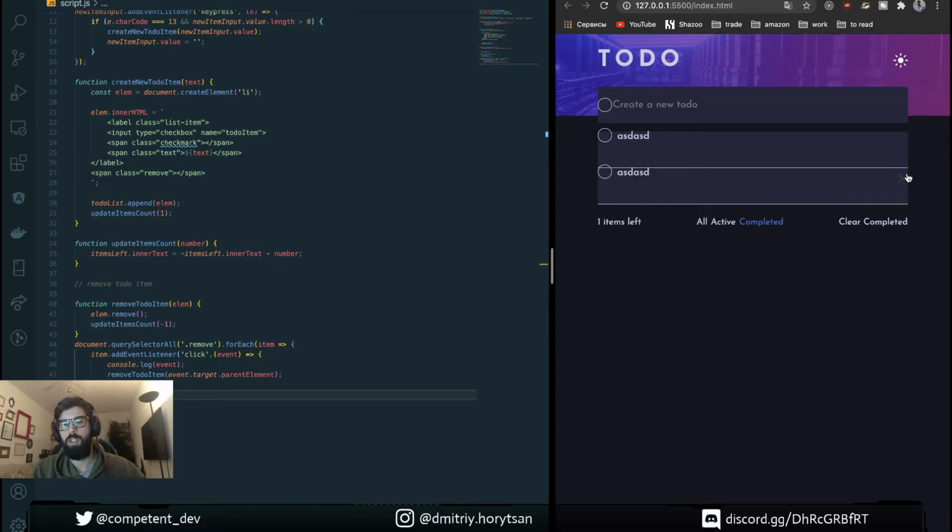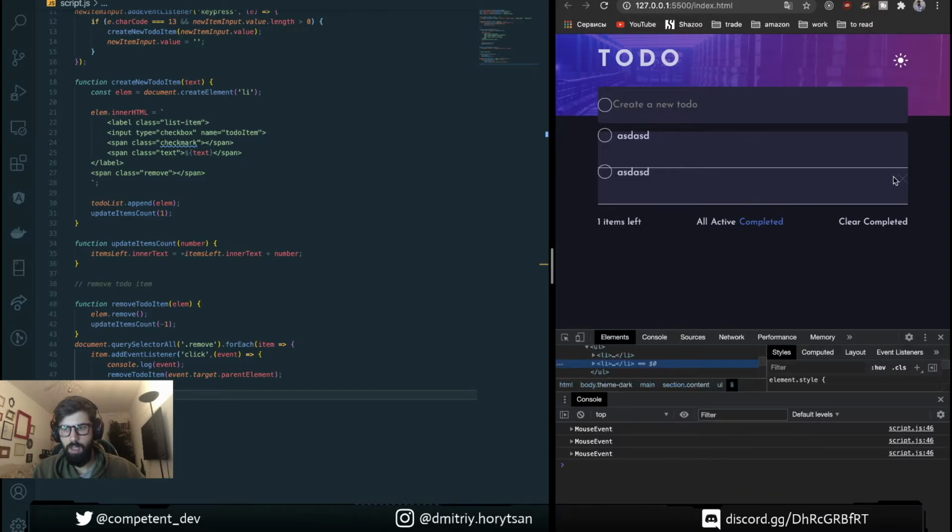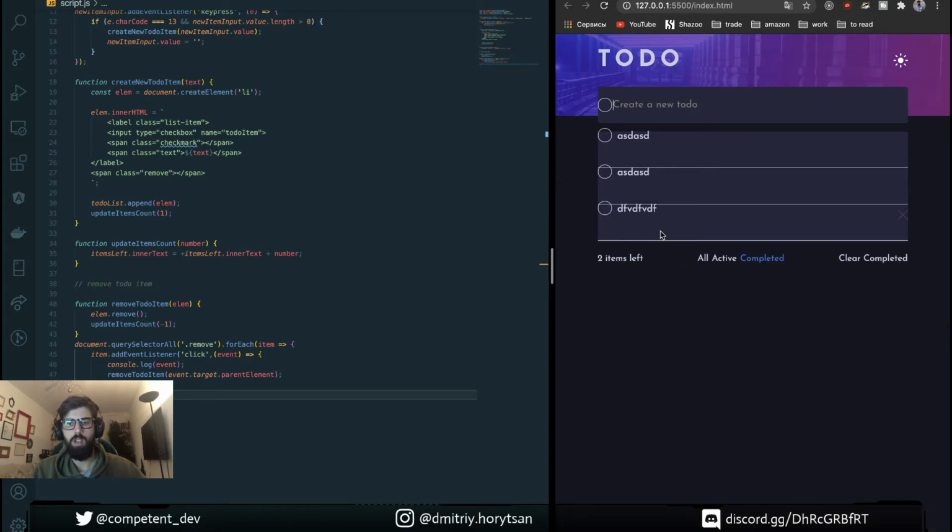Okay, but the one issue that we faced here is that we don't have this element yet. We can't put an event listener on a just created item. So for this we need to do one trick.